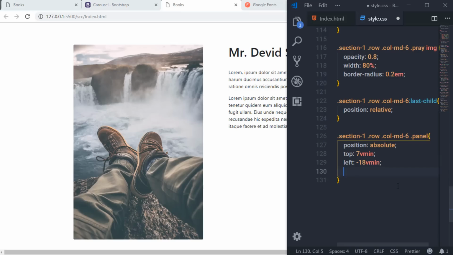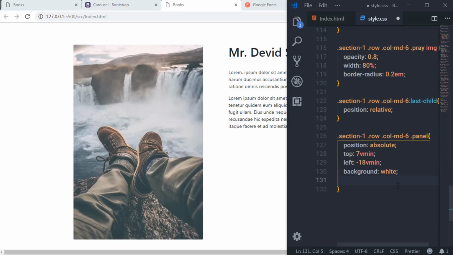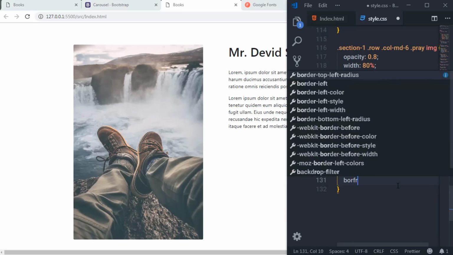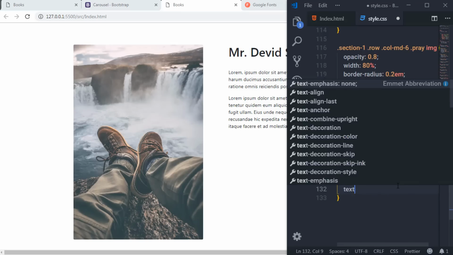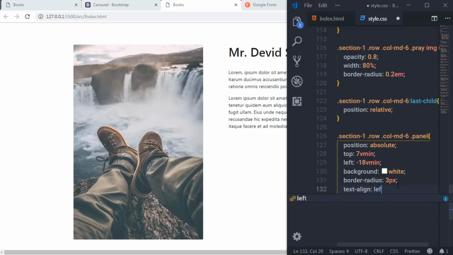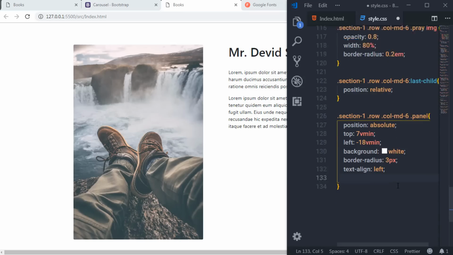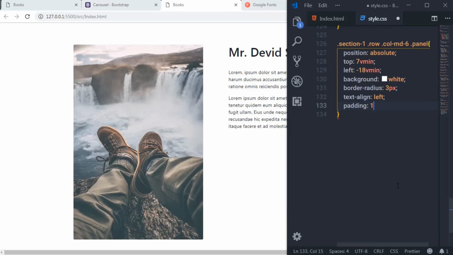Just after that I'm going to specify background white, border radius 3 pixel, and text align, I want to align all the text to the left side, so I will say left, and then I will specify some padding, so I will say padding here, and then I will specify top padding 13 vmin, the right padding is going to be 5 vmin, the bottom padding is 20 vmin, and the left padding